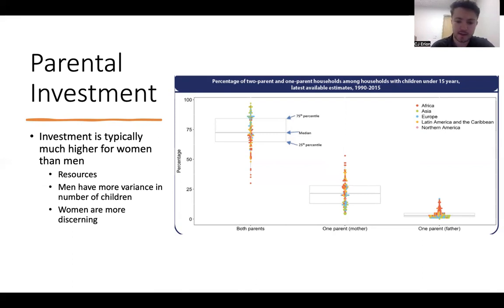And so as you see here in the chart, this is just from 1990 to 2015, percentage of 2 or 1 parent households with children. You can see that in the majority, both parents are playing some role in raising the children. But the main thing I want you to look at here is that when it is the 1 parent households, that seems to be almost exclusively the mother that's investing there. Obviously, that's not always the case, but percentage-wise, it does seem as though if there's 1 parent, that's more commonly the mother.